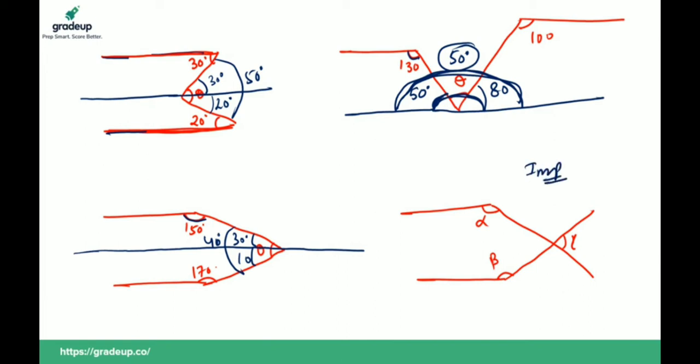Yes, I will tell you the second question, Praddy, don't worry. Praddy, if this is 30 degree, 130, then this should be 50 degree because the sum of these two is 180. If this is 100, then this should be 80 degree. And the sum of all these three should be 180 degree. If this is 80, this is 50, then this should be 50 degree.